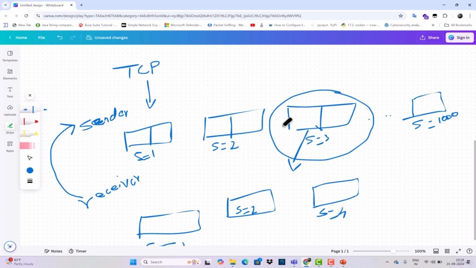Now the sender will transfer the third packet to the receiver, so we say TCP has a better mechanism compared to UDP. Whatever we send with TCP, everything will arrive at your receiver properly,